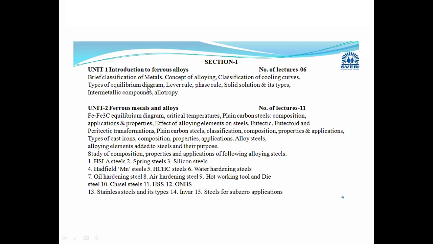Depending on the equilibrium diagram only, you will be able to understand the composition, and with the help of that equilibrium diagram you will be able to determine the phases and their properties for all materials. And out of that, we have ferrous metals and alloys, and this is the iron and carbide equilibrium diagram. Depending on this equilibrium diagram only,